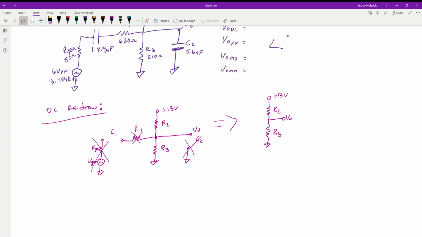Okay, so we come out with this. We have our R2, R3 values. Now we just need to find what is our V out DC value. It is just simply a voltage divider at this point. So it's going to be the voltage drop across R3. So we use R3 over R2 plus R3 multiplied by our voltage total. And it's really that simple when we get to it. So let's put some values in there and then we'll give you guys a chance to solve for it.